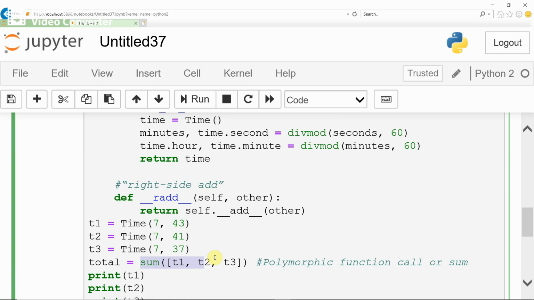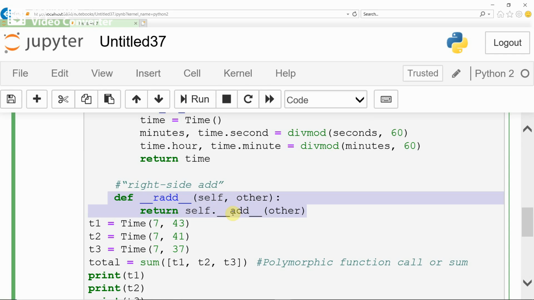When the sum function is called with T1, then the defined radd method is called. This radd method is nothing but a type-based dispatch which just swaps the left and right operands here